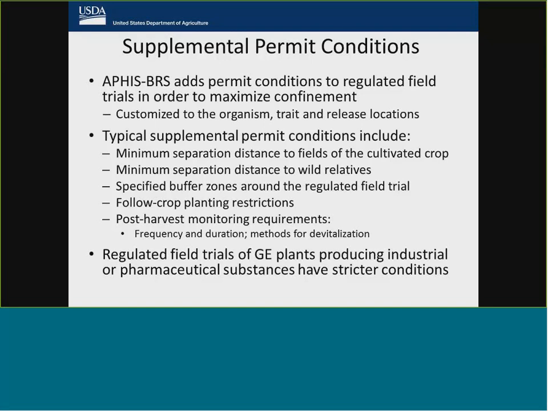Also minimum separation distances to wild relatives that are in the environment, buffer zones around the regulated field trial, and then follow crop planting restrictions and post-harvest monitoring requirements that specify things such as how frequently you have to monitor, how long you have to monitor, and methods for devitalizing any volunteers that occur. We place stricter conditions on regulated field trials of GE plants producing industrial or pharmaceutical substances.